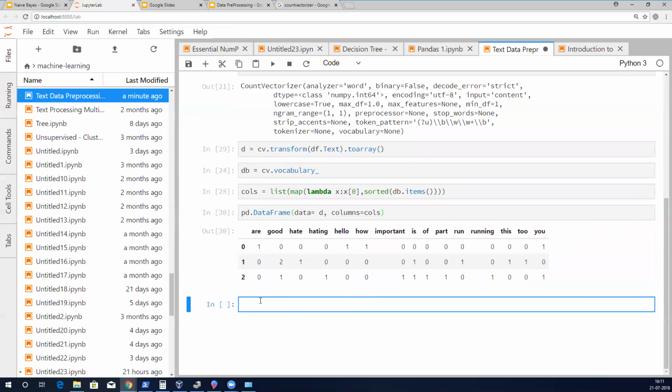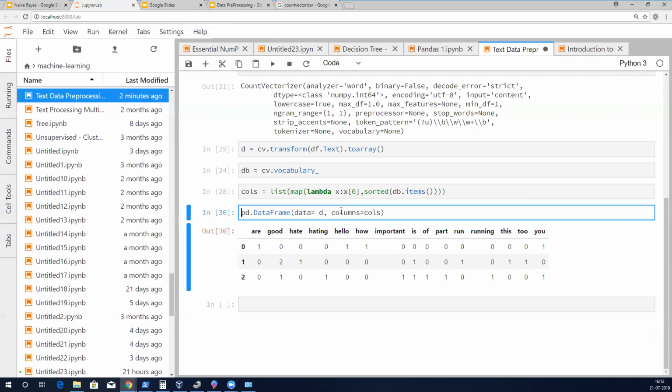Understood, right? That's why I was trying to do this. So wherever it is 0, the word is not there. 1, it is present. 2, it is present twice. It is already present earlier, and it is repeating again. So in your third row, if you add one more word which is already present, it will increment.